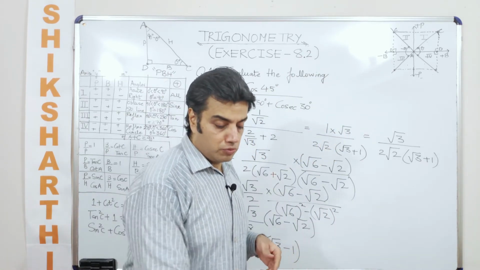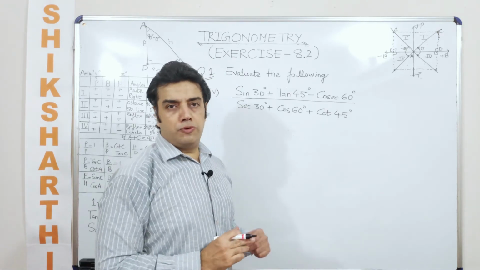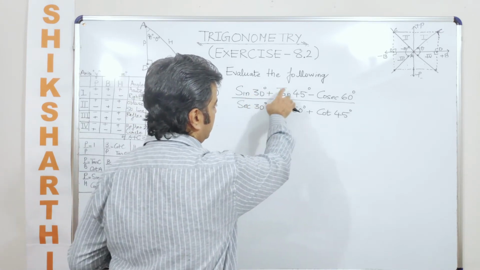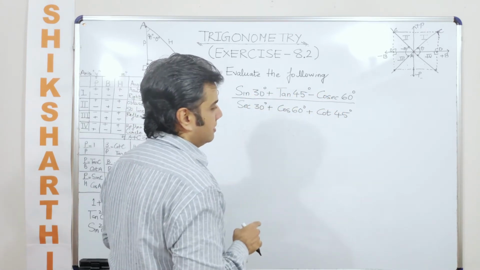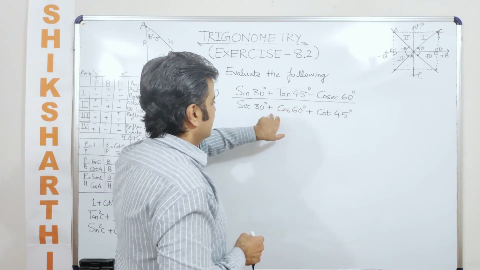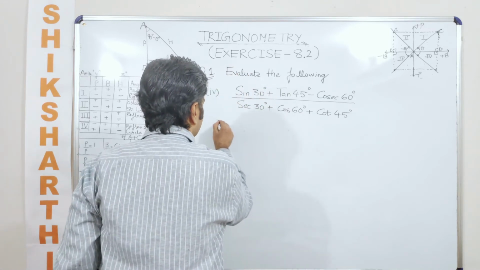Right? Let's move on to the next question, which is the next subpart 4. So talking about the fourth subpart. Now in the fourth subpart, how many trigonometric ratios have they given? 1, 2, 3, 4, 5, 6. Right? And then various mathematical operators in between. So you have a plus, minus, division, plus, minus. So it is the numerator upon the denominator. Let us quickly substitute the value.